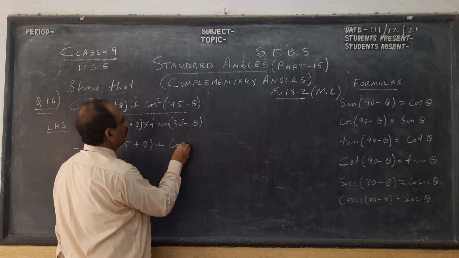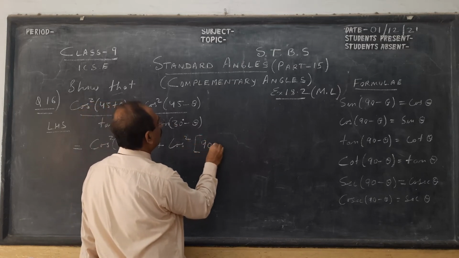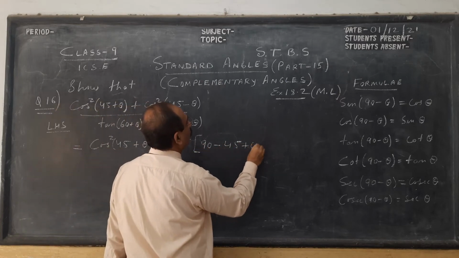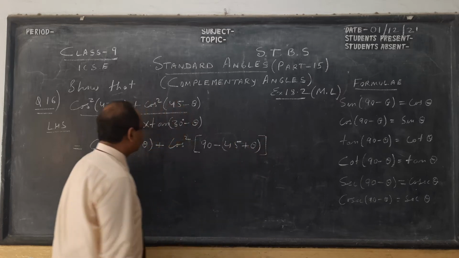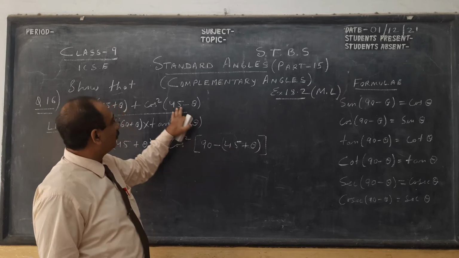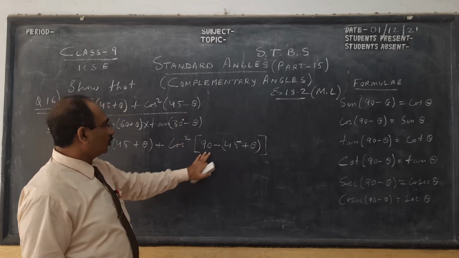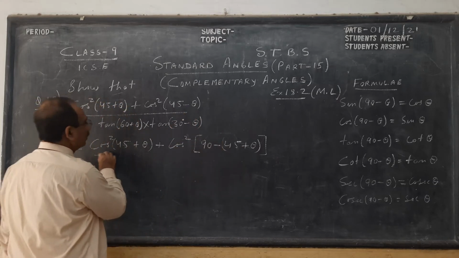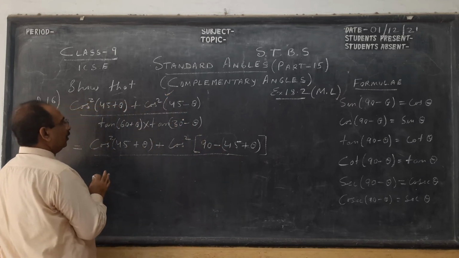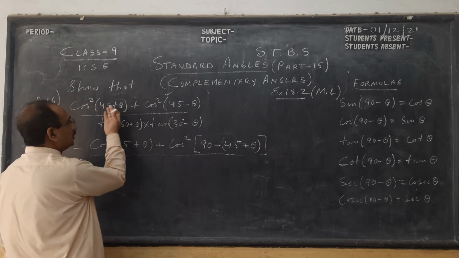So this cos square, if you see how I do here, 90 minus this thing will come, children. The first one, I'll show you how. Okay, see here, 90 minus this. So try to open the bracket and see: 90 minus 45 is 45 and 90 minus theta is minus theta. So try to open and you will see you get this. As I changed 1 here, I'll have to change only 1. So here I change the second one, I'll show you, I can change the first one also. Here you can change this also.